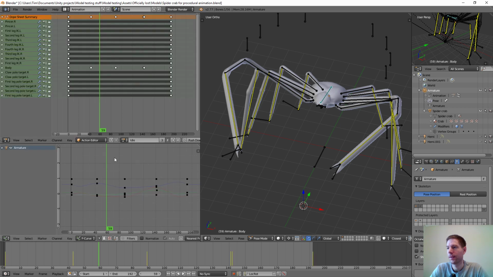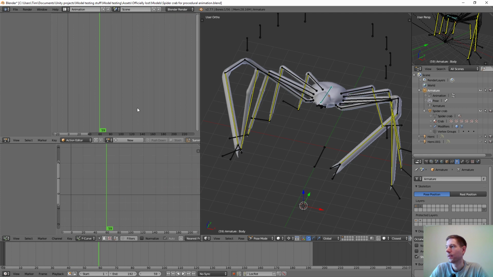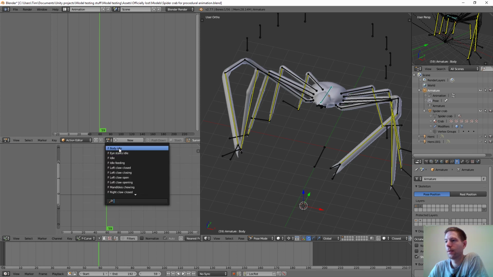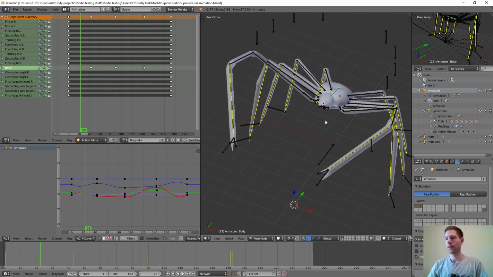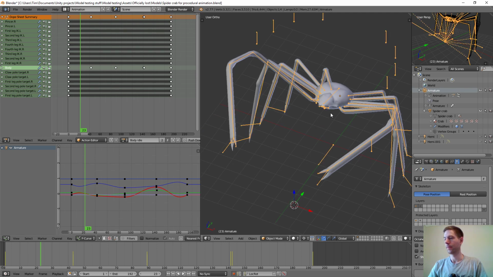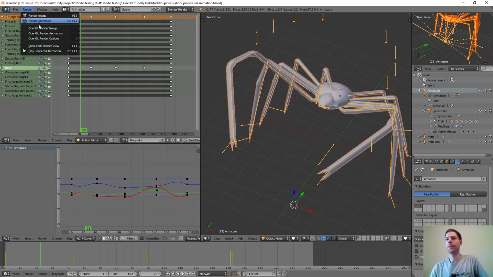So what have we got? I think we're down to, let's just leave it at that. Right, so I think that's all we need to do. Yeah, that's fine. So what I'm going to do is select the body. Select everything, go up to File,